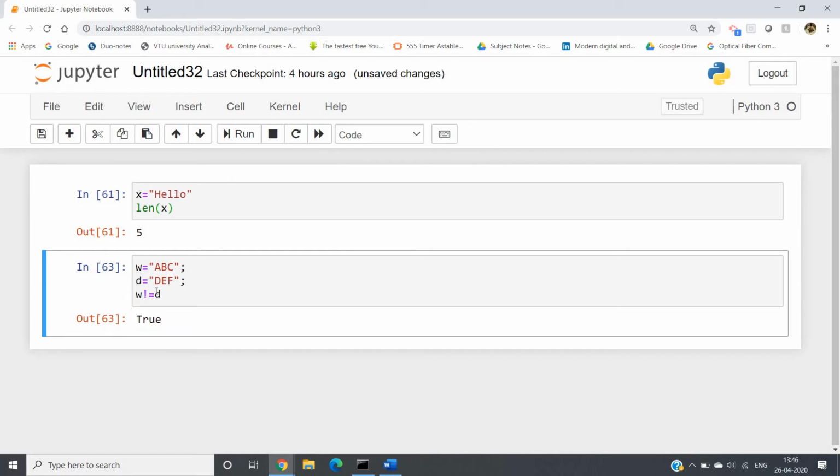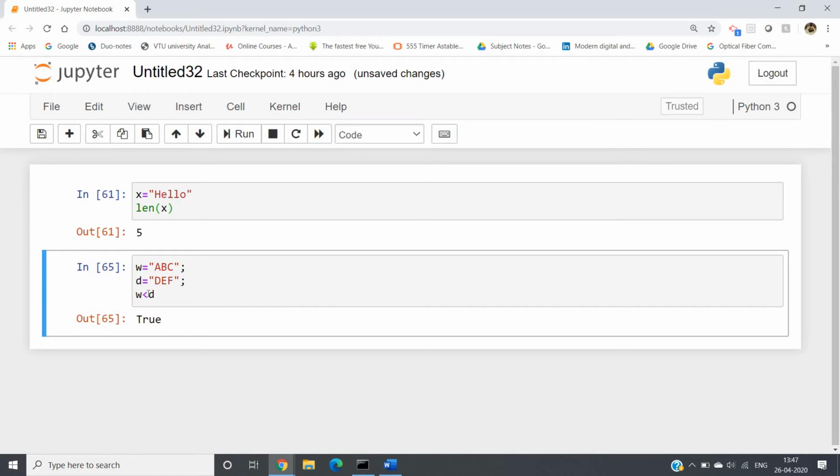Now, like comparison in case of integer, here also you can apply greater than equal to, less than equal to, greater than, less than, but it will occur in a particular algorithm. Let me discuss. Suppose I am writing w greater than d. What is the expected output? We will be getting false. See, and if I write w less than d, I will be getting output as true.